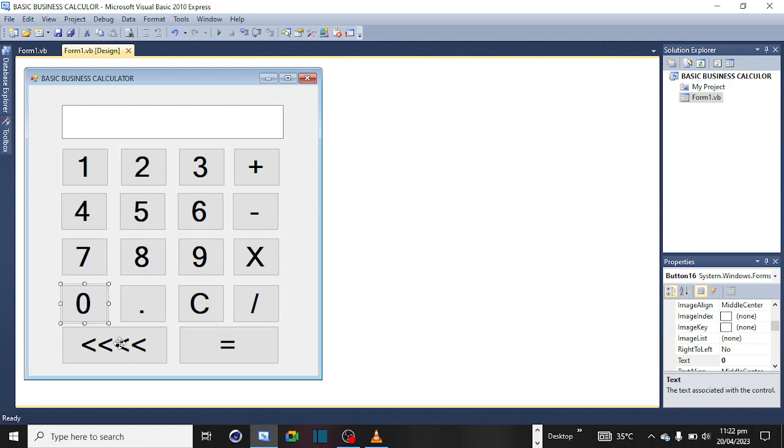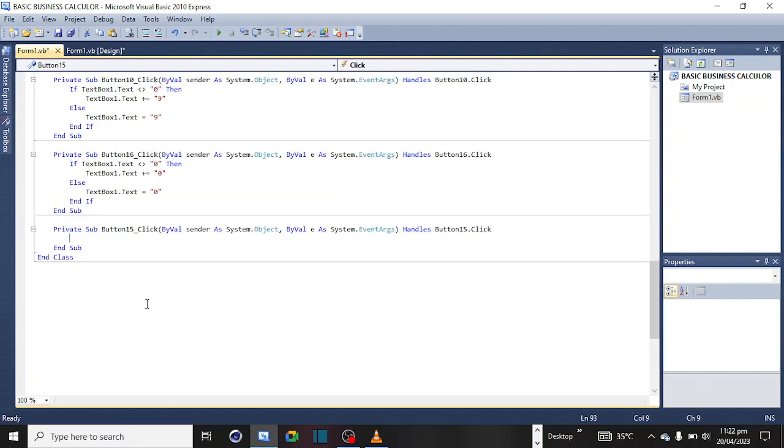Oh wait, let's quickly do this. Let's work on the decimal, because I know questions are going to pop up on that. So let's quickly code the decimal, then we go to the backspace. Okay, let's quickly code this. So let's double click on the decimal. How do you create a decimal point that when you click on the button it appears on the screen? Have you ever tried to imagine it? It's actually not the same, because decimal is actually